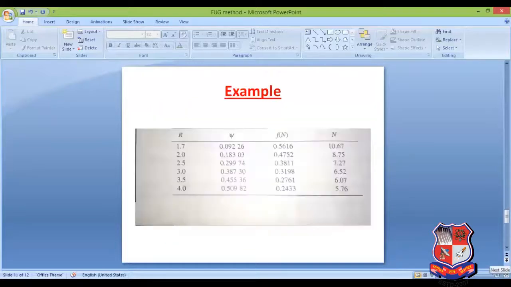See this one example. This is from S.B. Thakur sir's book, so the example is ready-made given to you. In that example, the Rm was 1.45. I am not going to discuss a lot because then the length of the video will be too much. So instead of 1.45, you will start with R equal to 1.7. It is about 20% higher value.